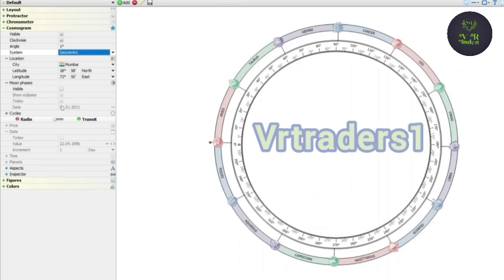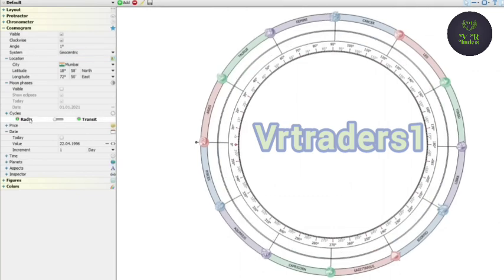Today we are going to use the natal or birth chart strategy. So we are going to use both the radix and transit parts. Make both visible by changing them to green. Firstly, we'll change the settings in the radix part. Come to the date option. For the Nifty chart, we are going to use the date of birth of Nifty, or the day when trading in Nifty started, which is 22 April 1996, already selected here.